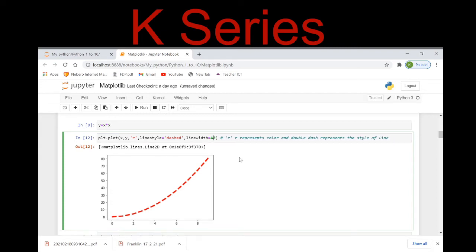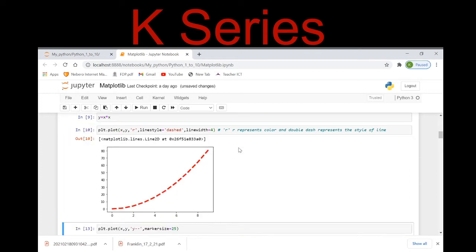I'll show this particular feature later on. Let me execute it. Now you can see my x and y, the equation's value, is depicted in color r with the dashed line style, and line width of 4.